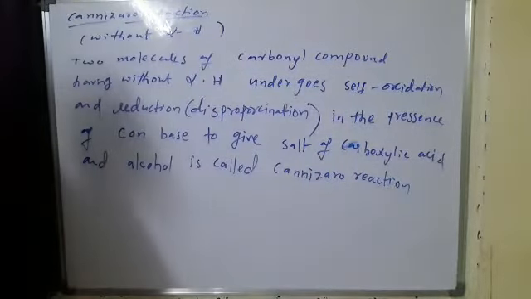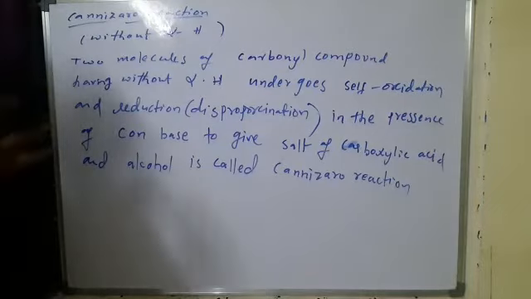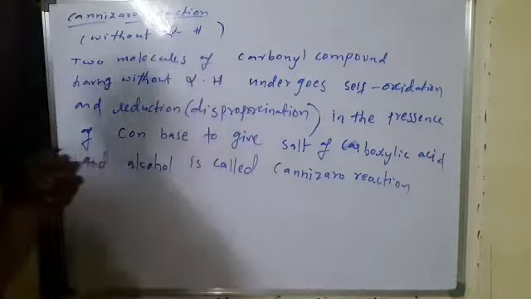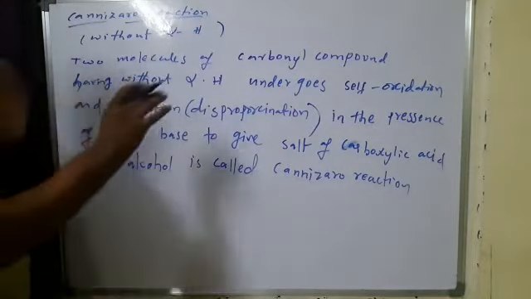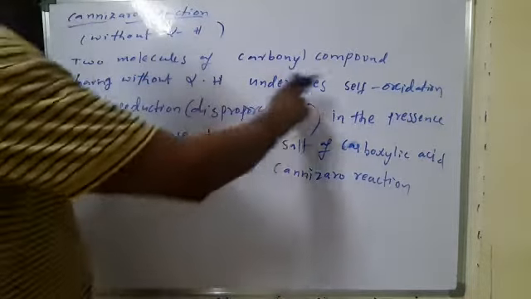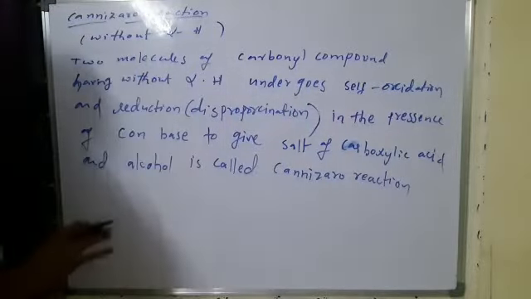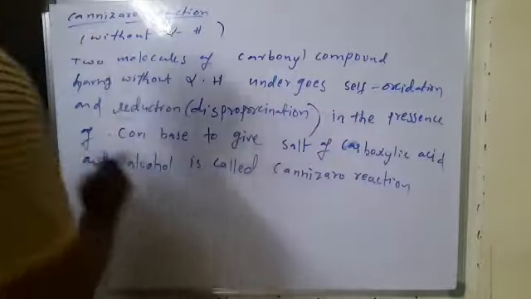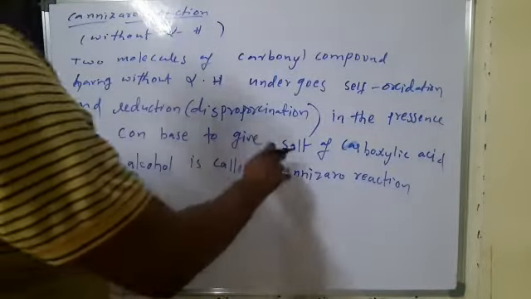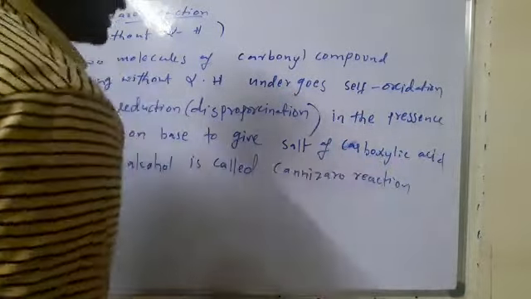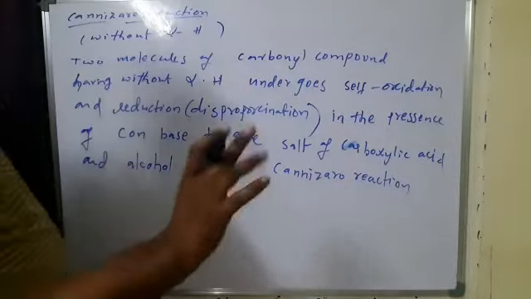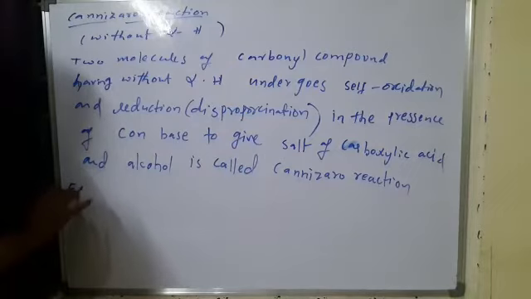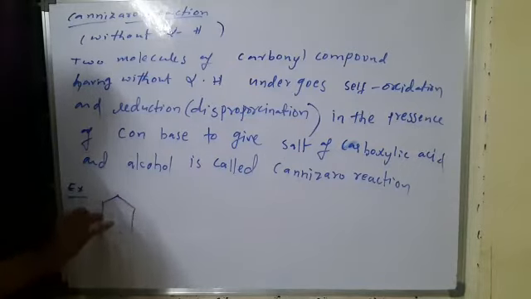So, two molecules of carbonyl compound without alpha hydrogen undergo self oxidation and reduction. Oxidation and reduction together mean disproportionation. In the presence of concentrated base, it gives the salt of carboxylic acid and alcohol as the products, called the Cannizzaro reaction. For example, I'm taking 2 moles of benzoyl